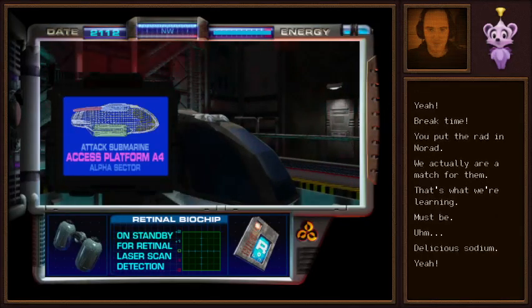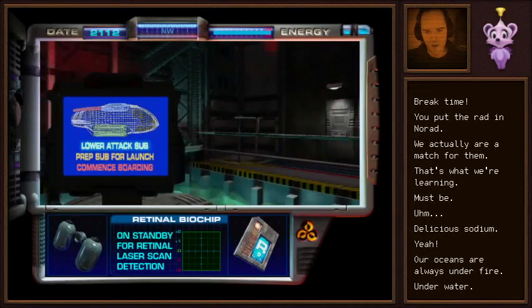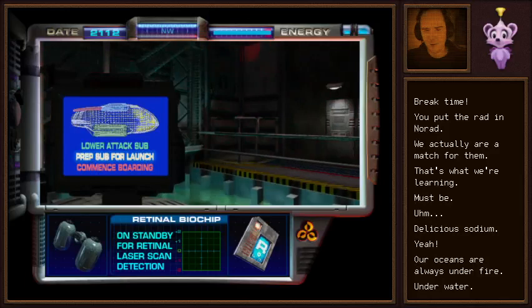Attack submarine. Access platform A4 Alpha Center. Our oceans are always under fire. Underwater. Prep sub for launch. Water can certainly be under fire. Commence. Probably wouldn't be over fire. That would be rare. Detected in NORAD air ducts